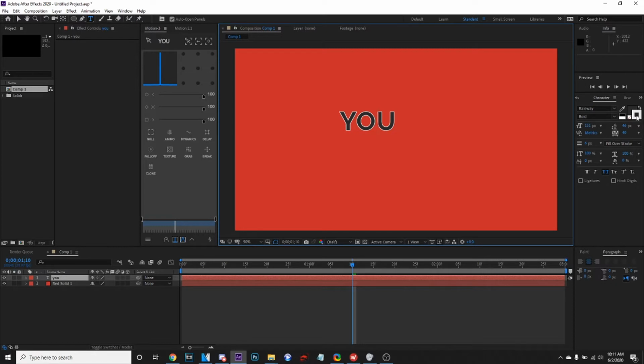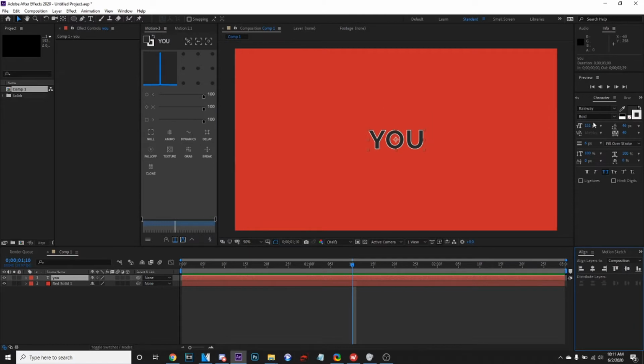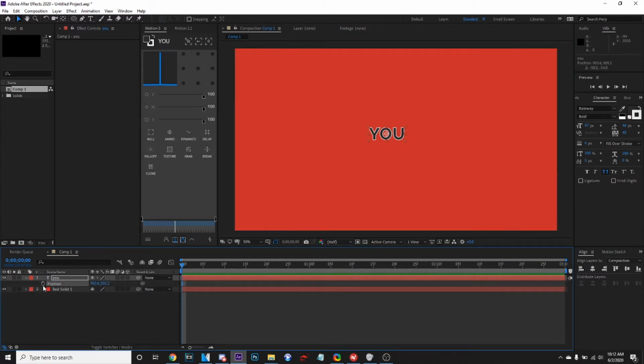And I just did a black fill and a white stroke, 6-point stroke. Let me just align everything. Okay, cool. So first what I'm going to do is bring up the position properties and just have this go